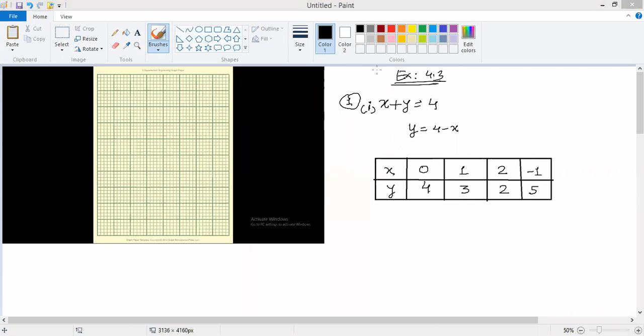ठीक है, now you are supposed to plot these points on this graph paper. ये graph paper आपके स्क्रीन पे दिख रहा है. You are supposed to plot these points on this graph paper. So first of all, we are going to draw the 2 perpendicular axes, x-axis and y-axis. So this can be like this one. 5 है ना, 1 2 3 4 5. यहाँ से बना देते हैं हम.